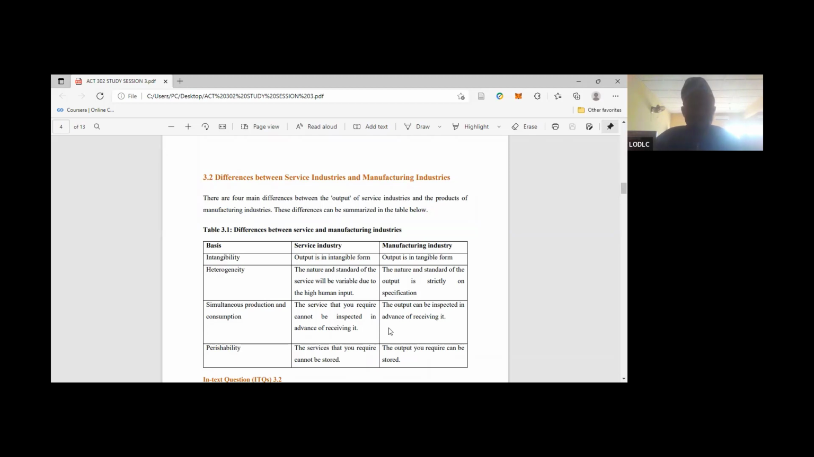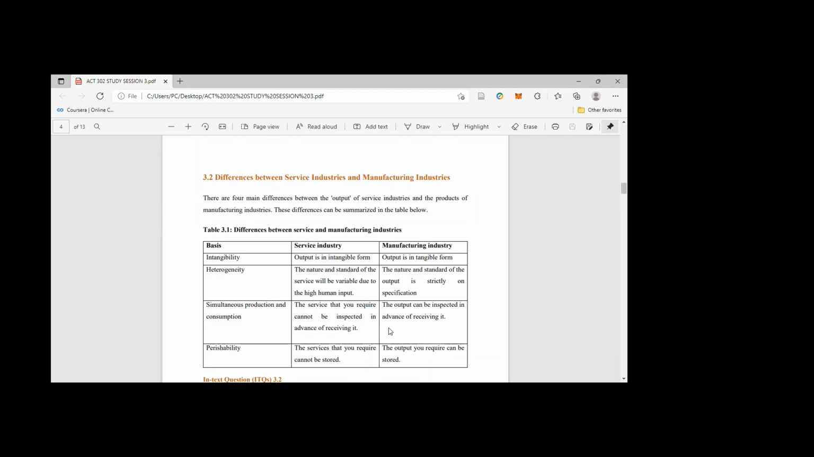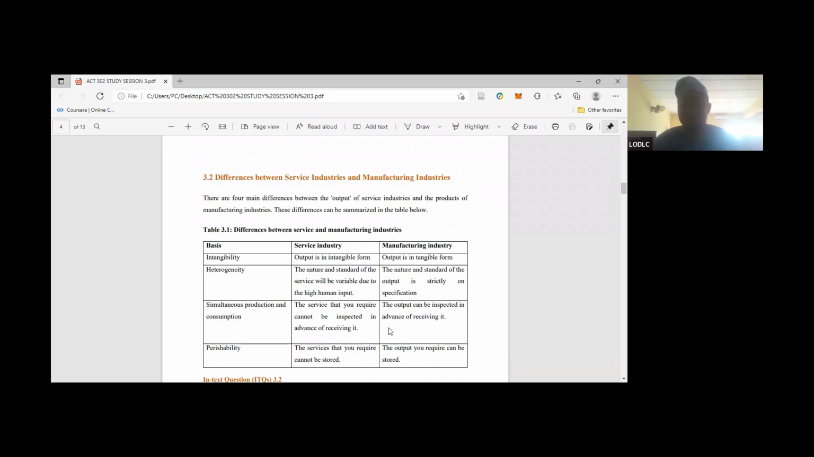So the next line of action here is simultaneous production and consumption. How do they produce their products? The service we are talking about, what exactly does the service require? The service that you require cannot be inspected in advance of receiving it. But in the manufacturing industry, the output can be inspected in advance of receiving. You can inspect what is going to come out